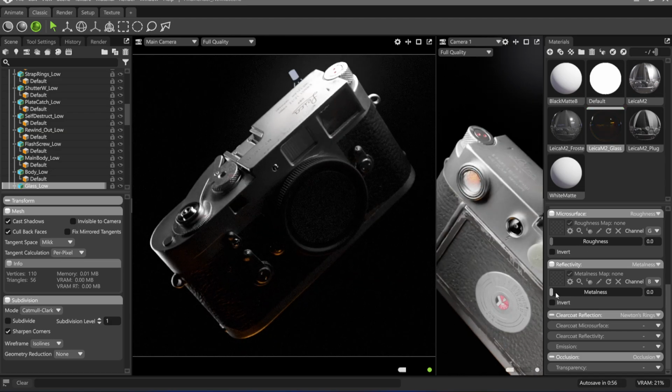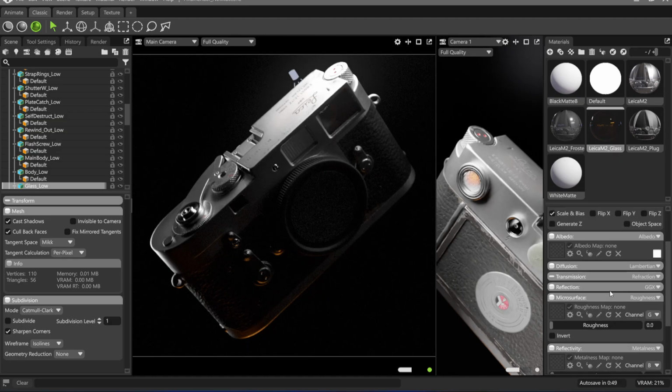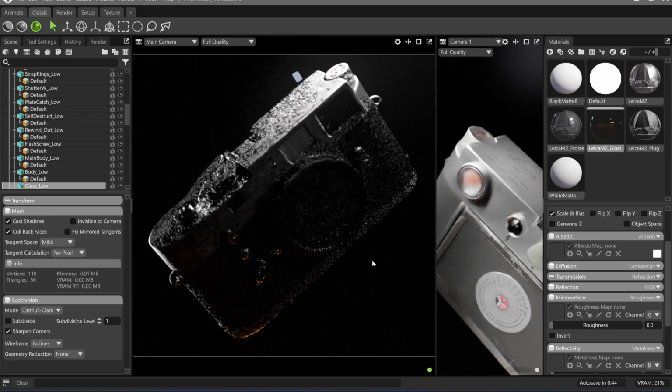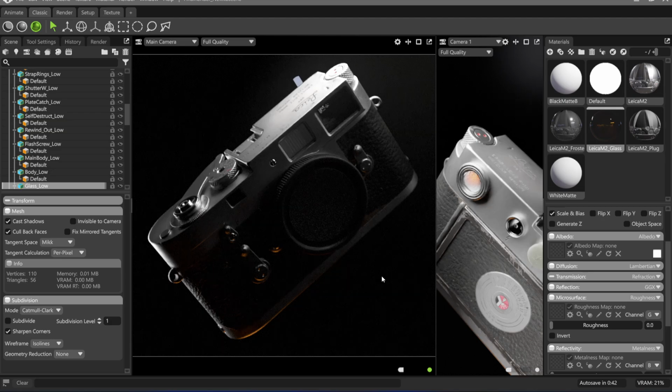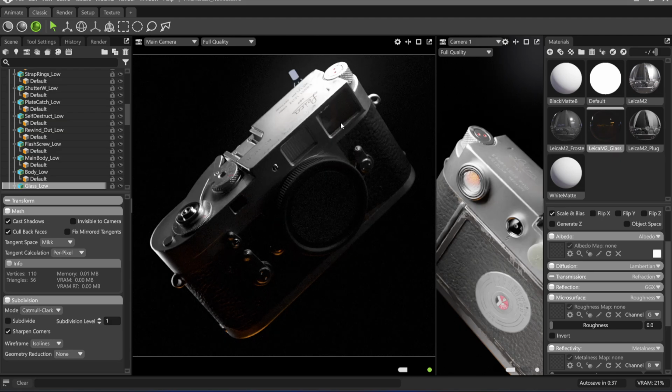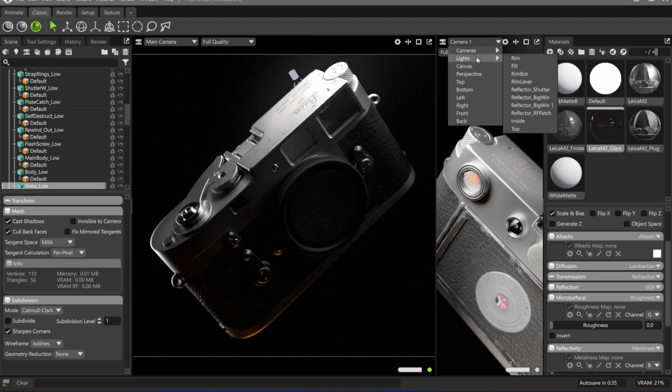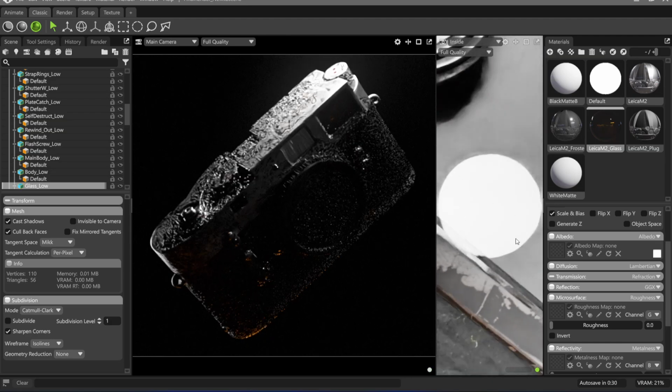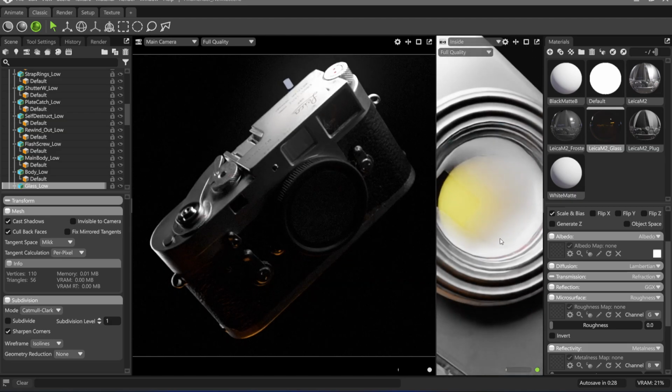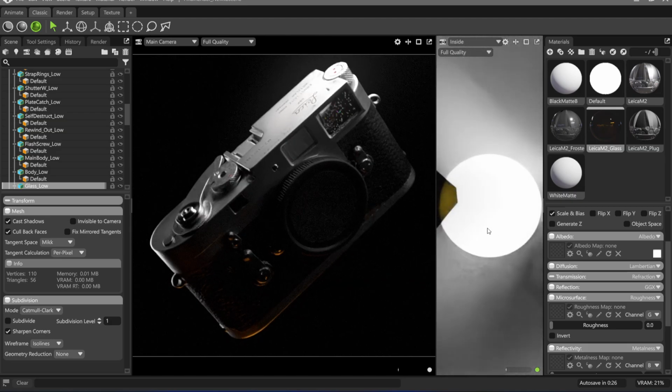So metallic could be playing a part in how opaque this feels. Not terribly bad. I think probably light direction is also not doing enough right now. There we go. So I can get inside